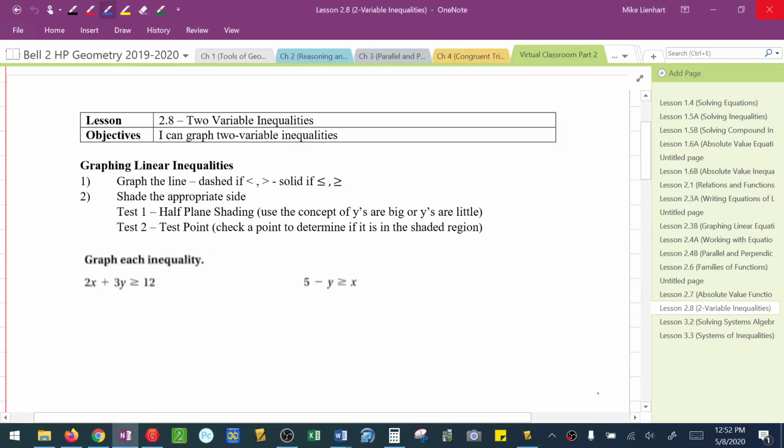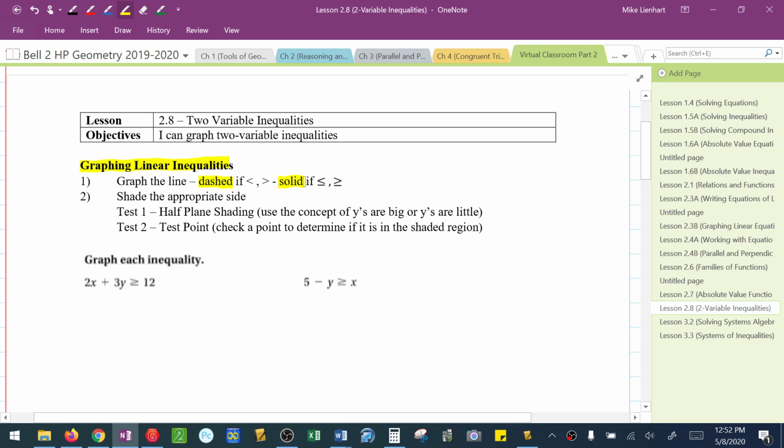This video is about graphing two variable inequalities. And what we're going to focus on here is how do we shade or graph inequalities of lines and inequalities of absolute values. Okay, so when we are graphing a linear inequality, we're going to sketch the graph, but the first thing we have to make sure of is, is the line dashed or solid, or is the absolute value dashed